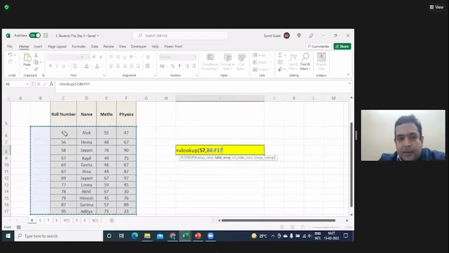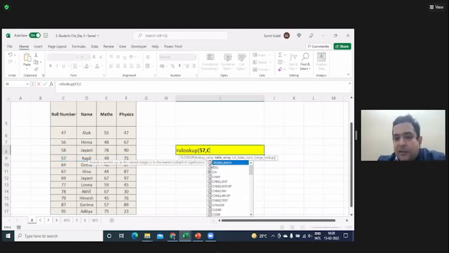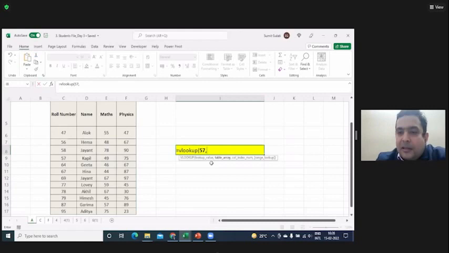So I have to select the data from here. Sir, why are we selecting the overall data? We are asking for a specific thing. You could have selected something like this also. But the issue is, when we are typing 57 like this, we are not doing the right thing actually. Let me finish it once, then I will tell you how to use it properly in the Excel way. There you will get the point why we are selecting the complete data.